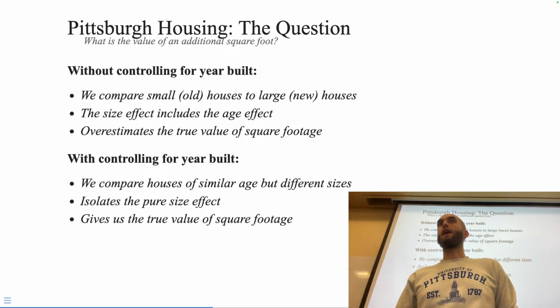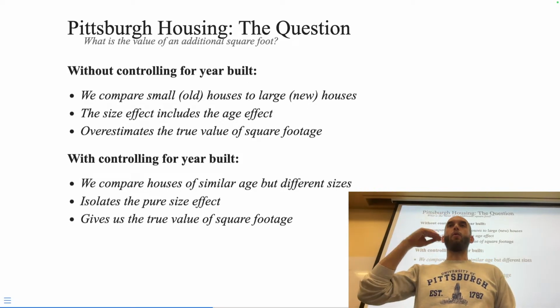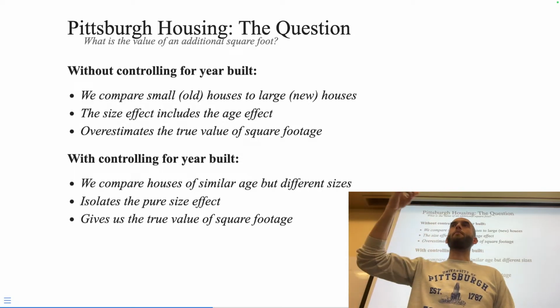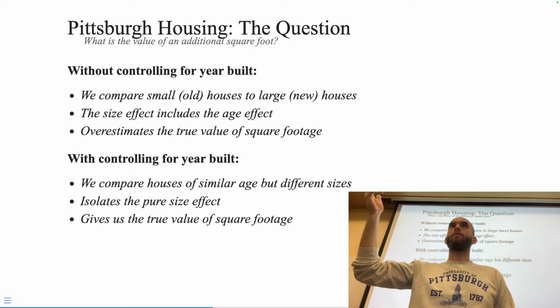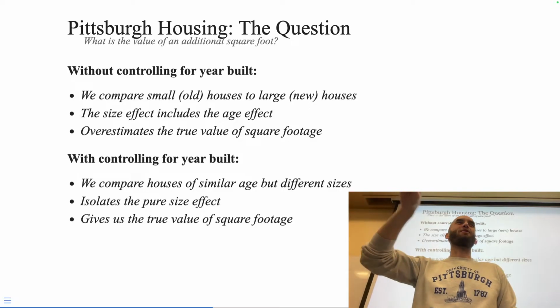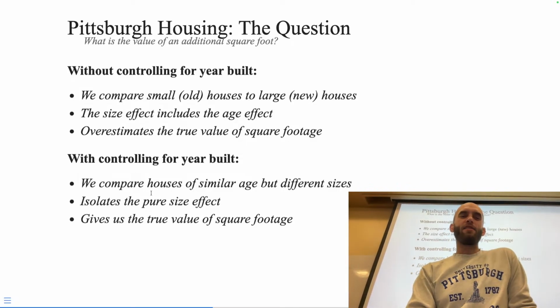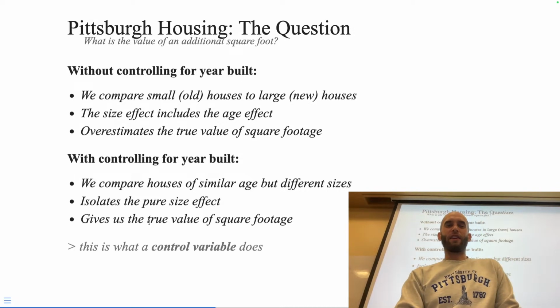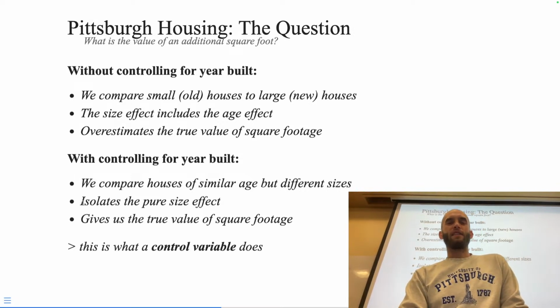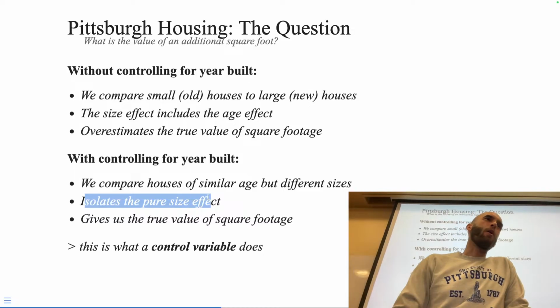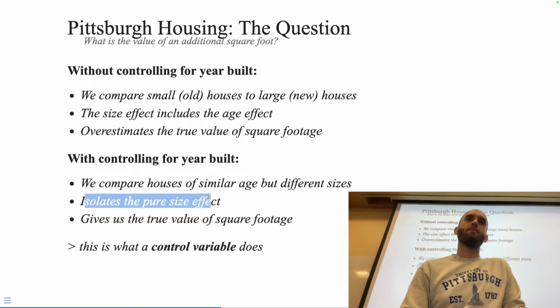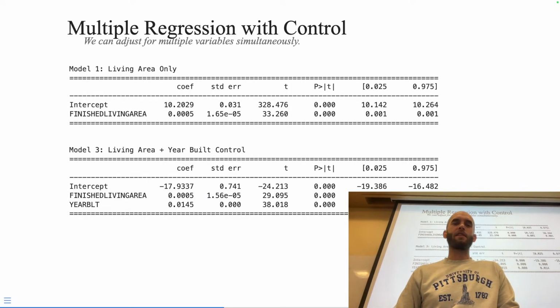Our estimate using the original model without the controls would give us a beta 1 that's too large, when in reality we have to account for the fact that newer houses are nicer. So once we include the control, this isolates out the effect of housing, allowing us to compare two houses of the same